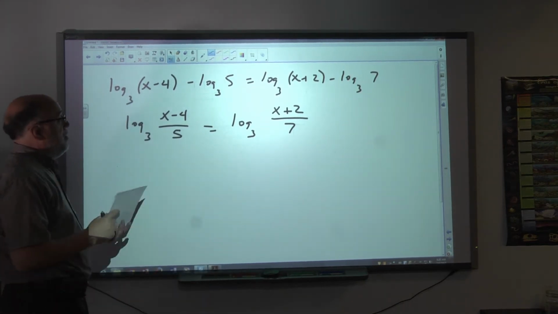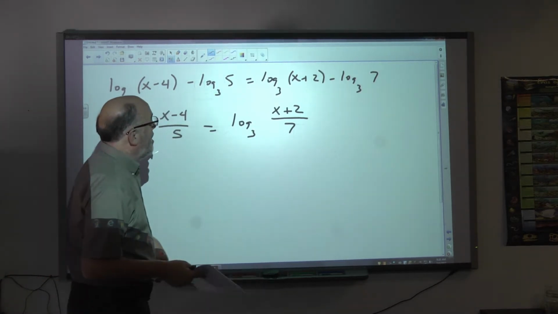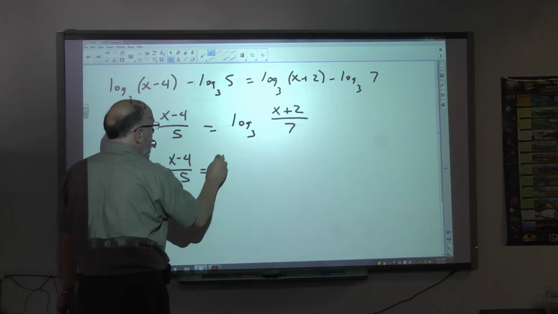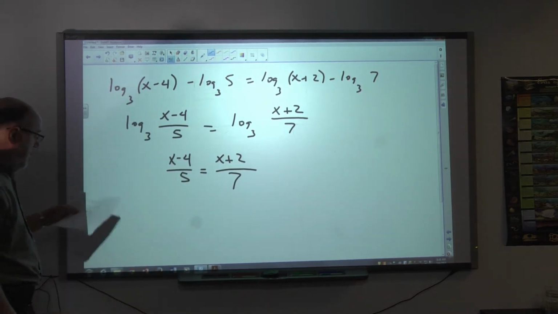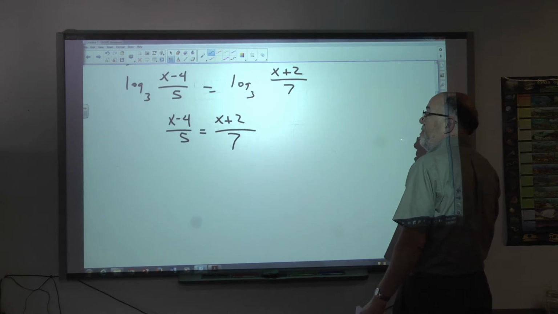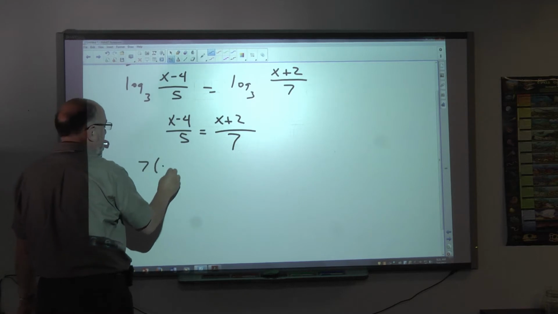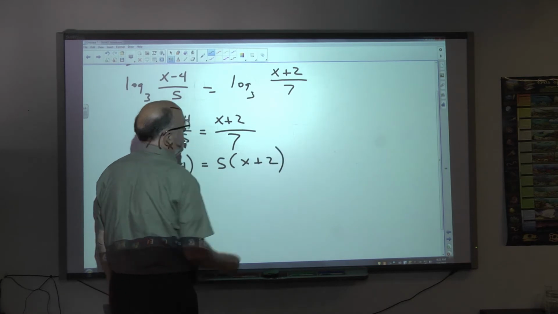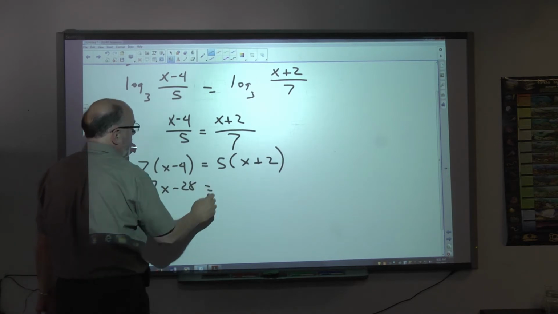Well, we had earlier the statement that said if the log of A is equal to the log of B, then A has to equal B. So then x minus 4 over 5 has to equal x plus 2 over 7. Right? And so we want to now solve this. We can do this as a proportion, so cross multiply. So we get 7 times x minus 4 is going to equal 5 times x plus 2. So this will give us 7x minus 28 equals 5x